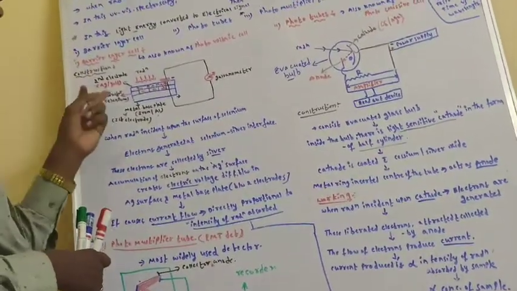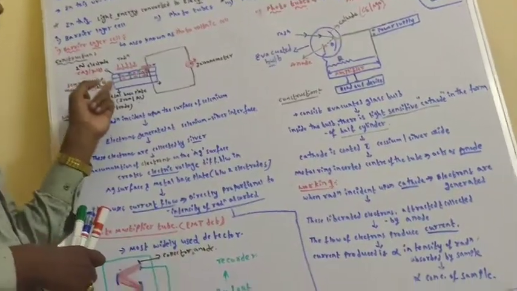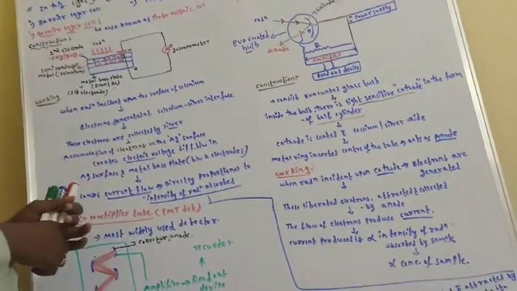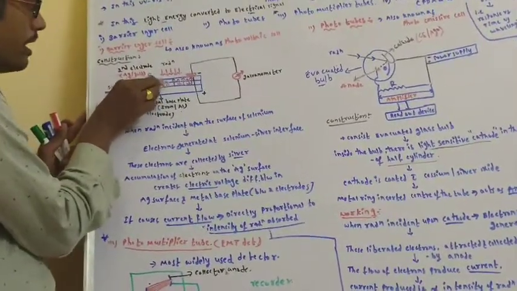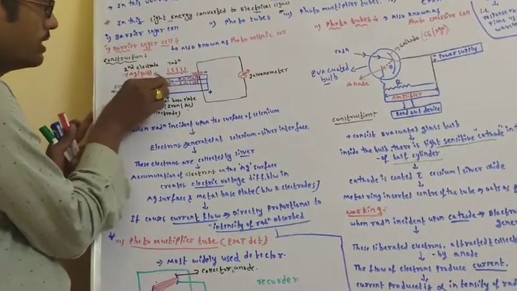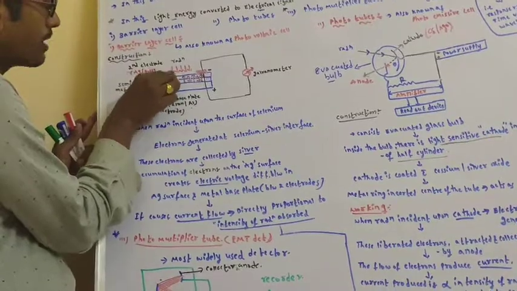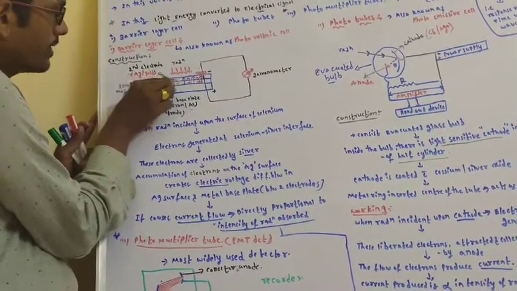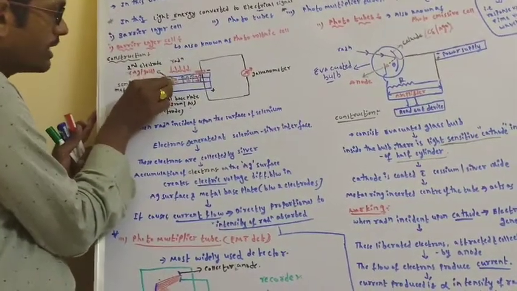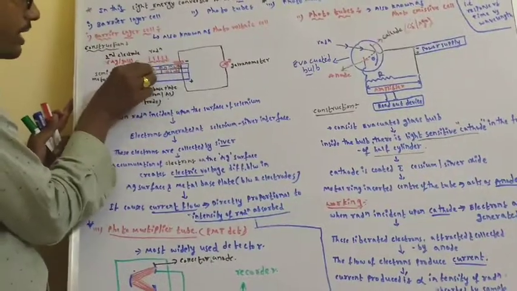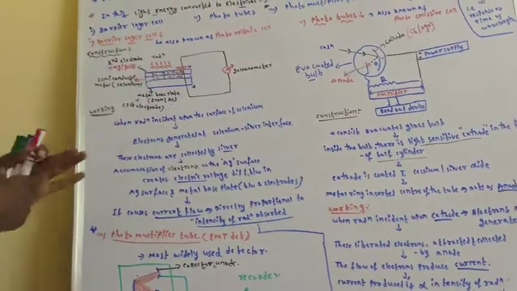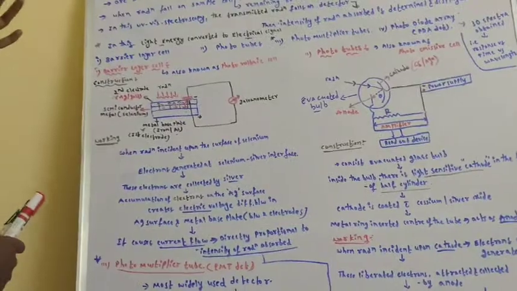Here the selenium layer acts as a barrier between these two electrodes. You can see electrons are formed from the selenium layer and move towards the anode. Then all will be accumulated at the selenium-silver interface. You can see this mark indicating that electrons are accumulated between these two layers. This is the barrier layer cell.